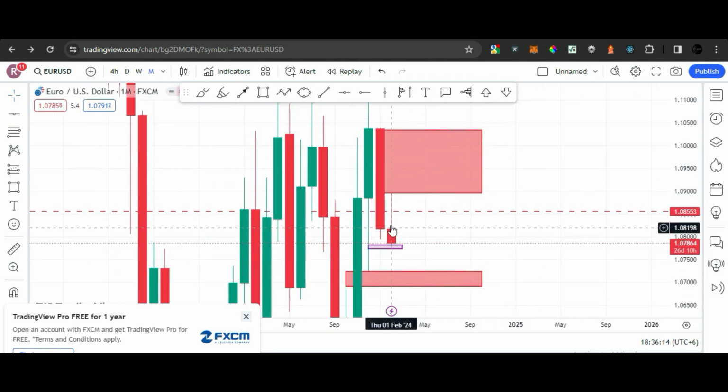I don't because it has tried the liquidity of the top in the last 2 days of Friday, though it is a monthly chart candle. Friday, this is February and this is January, and it tried on Thursday and Friday to take out this liquidity, but it failed. It didn't reach that much. If we go to